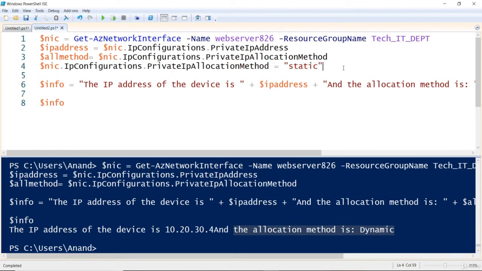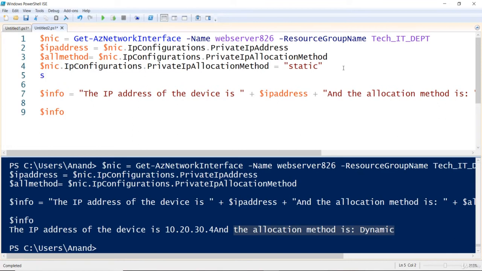To do so, I will say Set-AzNetworkInterface. Okay, that picked up with auto tab completion. Set-AzNetworkInterface with the name network interface, which is $nick. So I've got all the $nick information inside the $nick variable, right? Because $nick is a variable that has all the information about the network card called webserver826. So if I say Set-AzNetworkInterface with this information, let's go ahead and execute this and